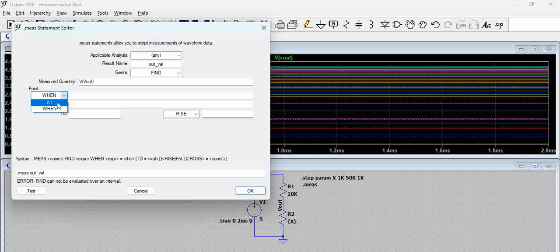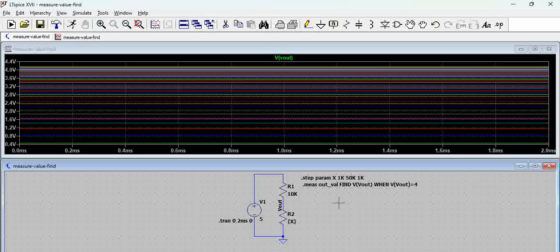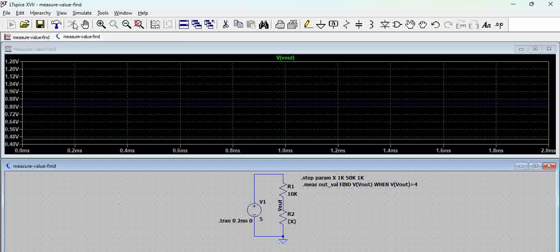If you want it at a specific value you can do it, but if you want it when V(Vout) becomes 4 volts, that means this is the command that is being built: .meas statement, out_val is the variable, find is the directive, and V(Vout) when V(Vout) is equal to 4. Then when you click OK here and try to run,